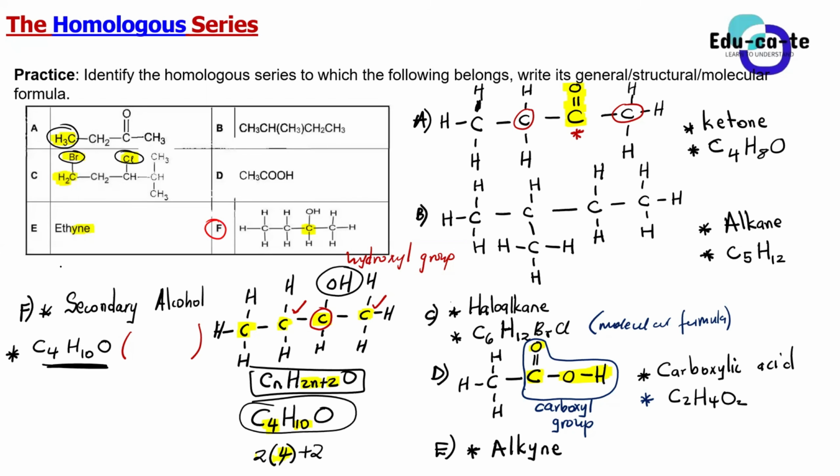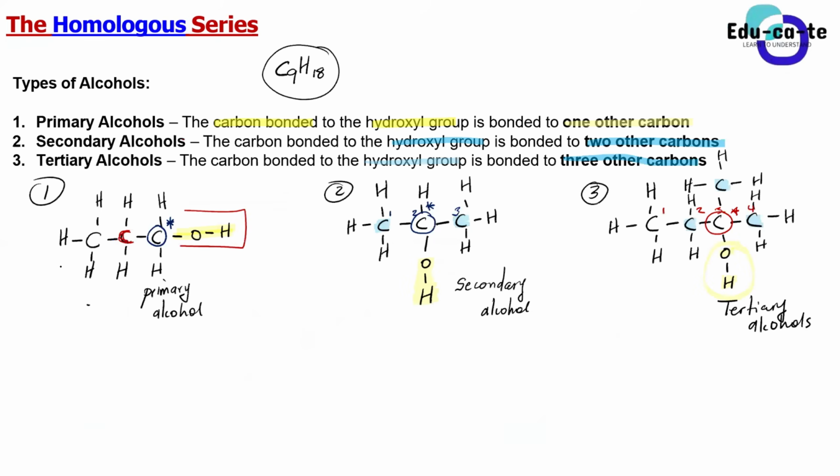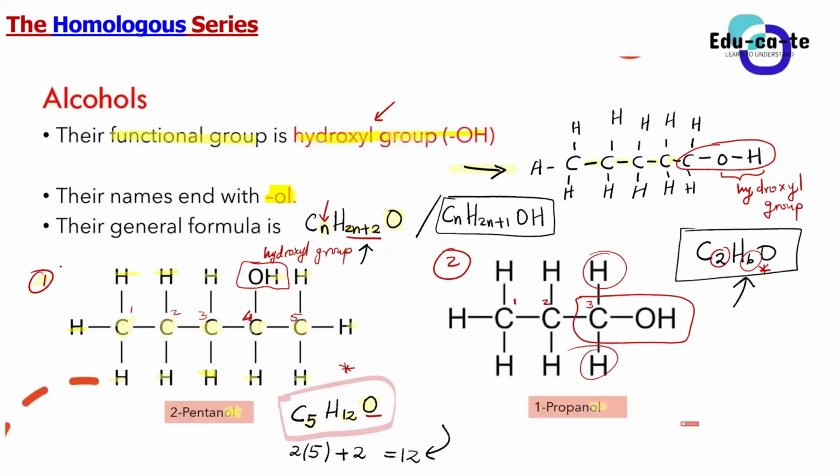But when I explained to you guys about alcohols, if we go back to the slides on alcohols, I explained to you that alcohols have got 2 general formulas. We can either use the one that says CnH2n+2O, or we can use this one that says CnH2n+1OH. Do you guys see that? Didn't we do this, guys? You can see that these are the slides that I used. These are the same notes that I used when we did the lessons. Didn't I say that the general formula of alcohols has got 2 ways of writing it? Didn't I mention it, guys?